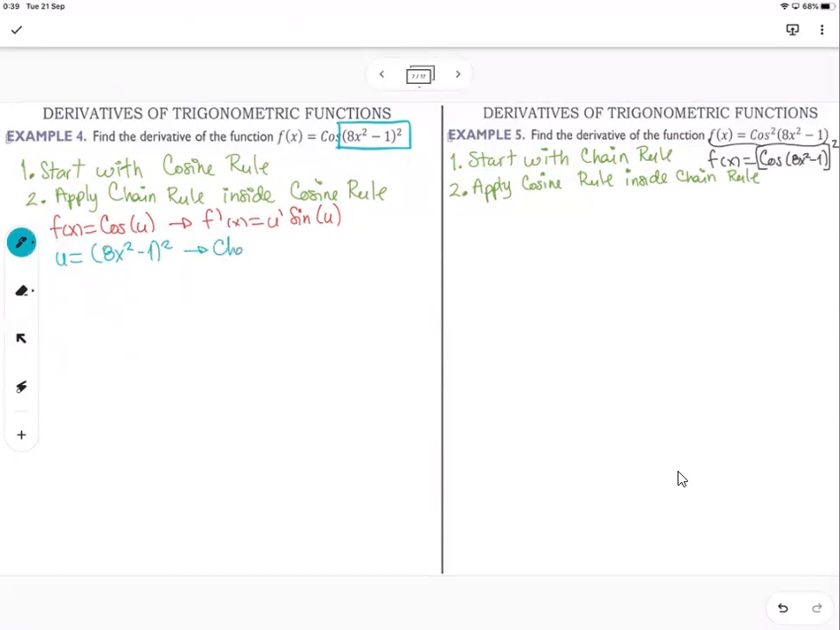And you're going to use the chain rule to get the derivative of u. So this is going to be 2 times 8x squared minus 1 times the derivative of u. So, I mean, the derivative of what you have raised to the second power. I'm following the chain rule that you already know. So this is 32x times 8x squared minus 1. Okay? And you just follow the cosine rule,